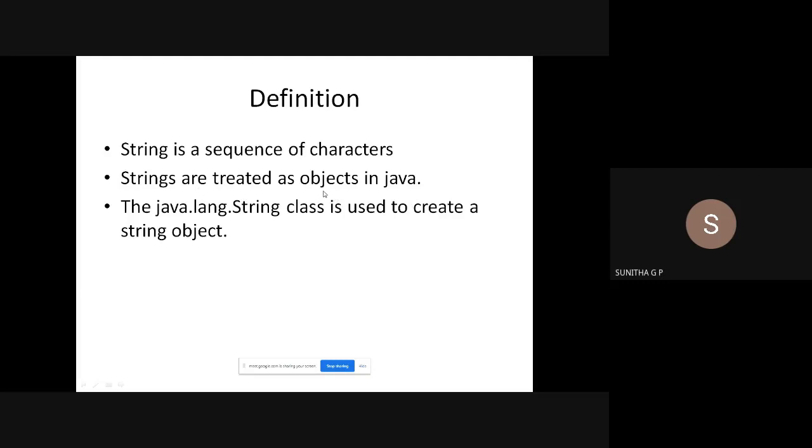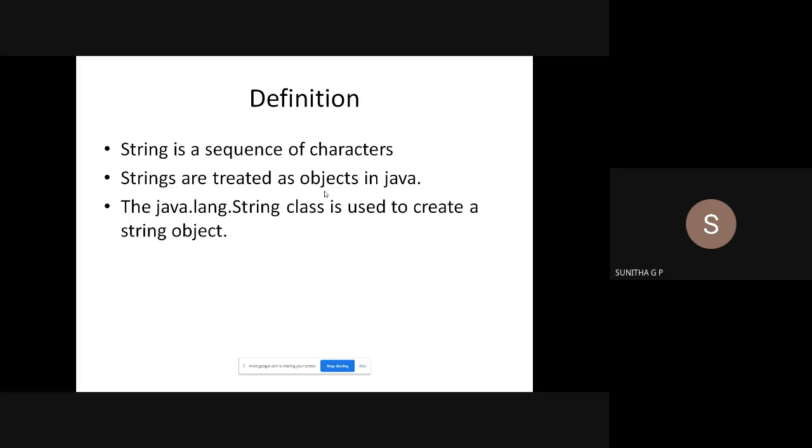When I say an object, that means it is associated with its instance variables as well as with its methods. Previously, whatever we have called, equals, length, lastIndexOf, extracting a character, extracting a substring, all these are methods. Now you see how a string data type is different from an object.